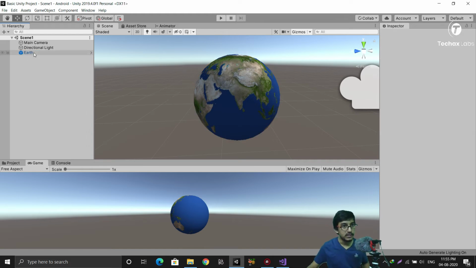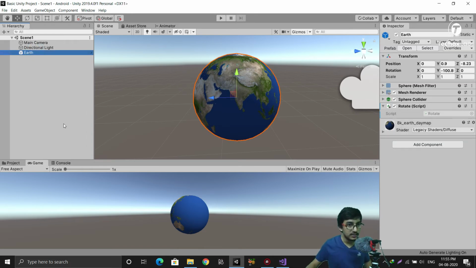So let's duplicate this earth. To duplicate this, either use the prefab or duplicate it, but our prefab does not contain this script, so let's copy it simply, Ctrl C V.